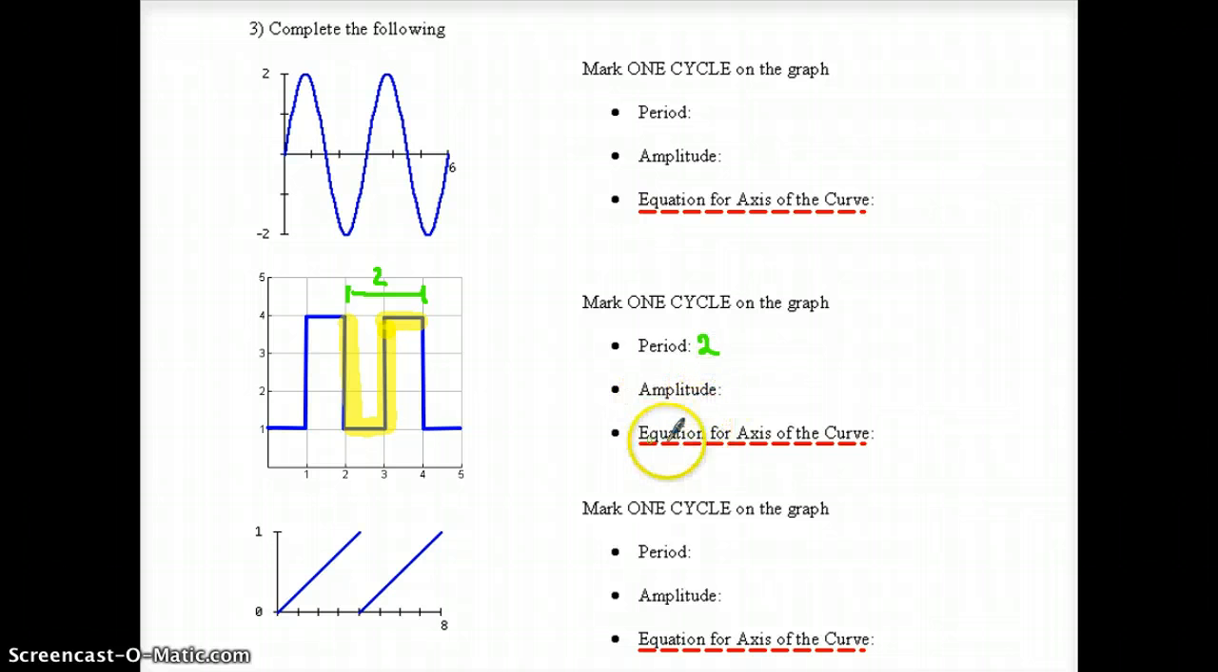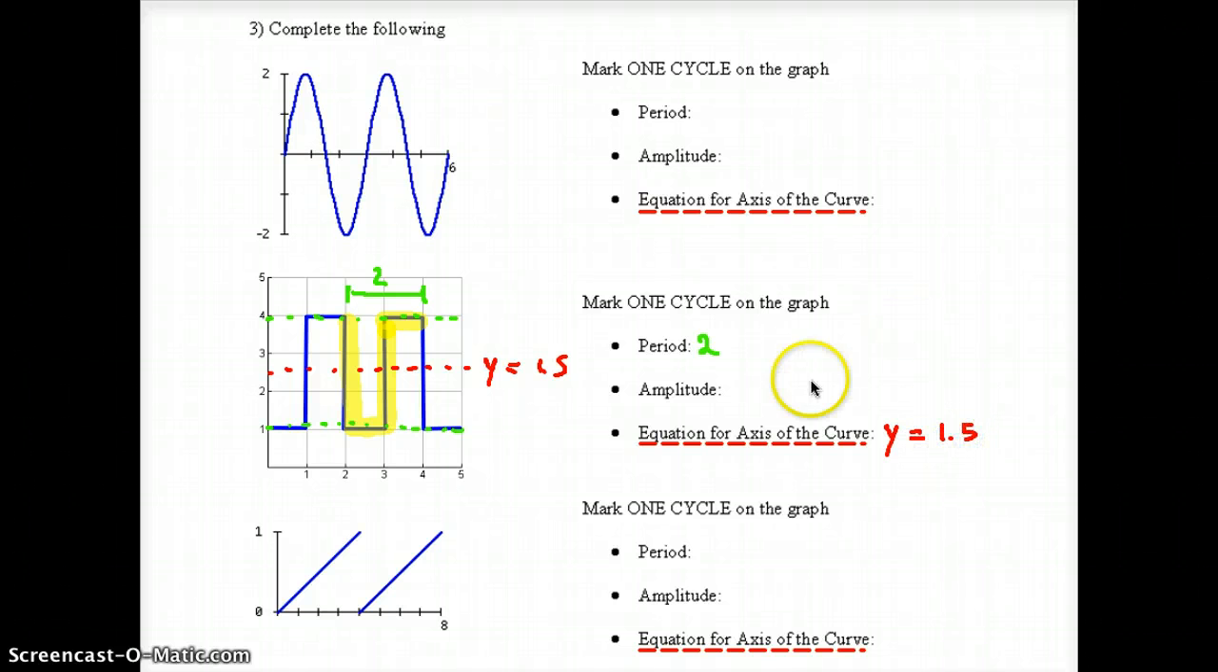What's the amplitude? Well, before I do the amplitude, let me get the axis of the curve. So I'm going to do the top part, the bottom part, that's the minimum, and now the line in the middle. I'm going to use red for the axis of the curve. So between 1 and 4, well, that's going to be 1.5. So this is y equals 1.5. And that's the axis of the curve. So y is equal to